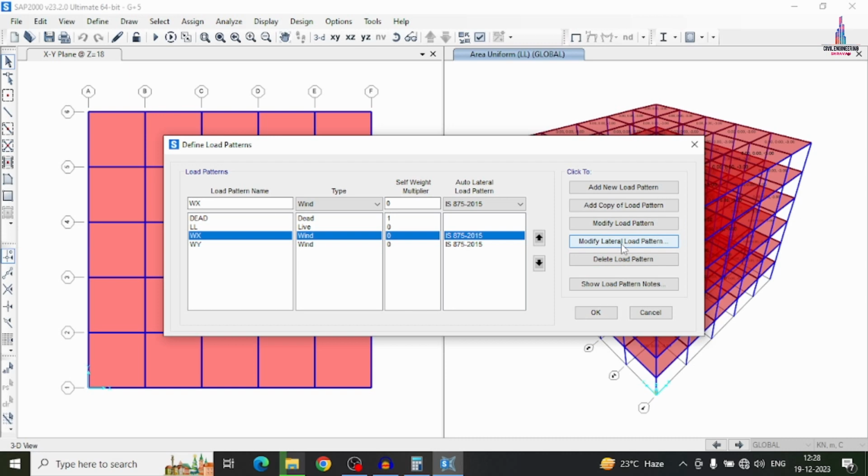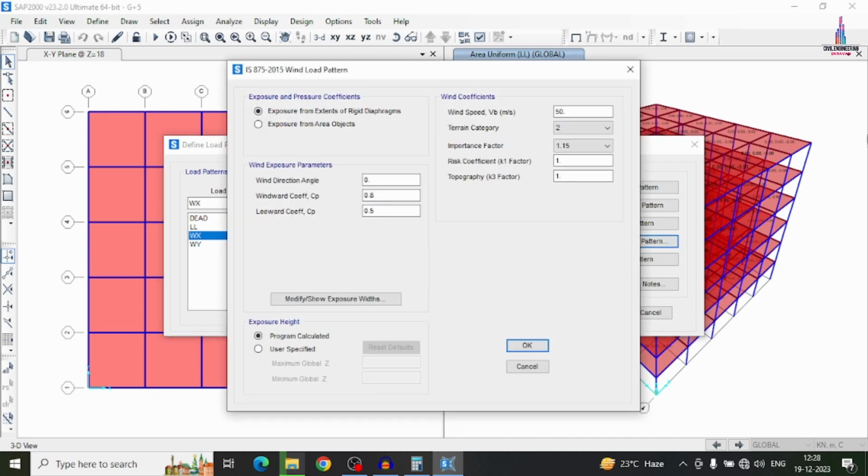Now select the wind load in X direction and click on the modify lateral load option. Here you can see the wind speed Vb in meters per second. The wind speed value will vary depending upon your city, your location, your terrain category and the height of the obstacles. Here I am assuming a wind speed of approximately 44, with the terrain category of closely spaced objects with obstacles above 9 meters, so I am selecting 4.